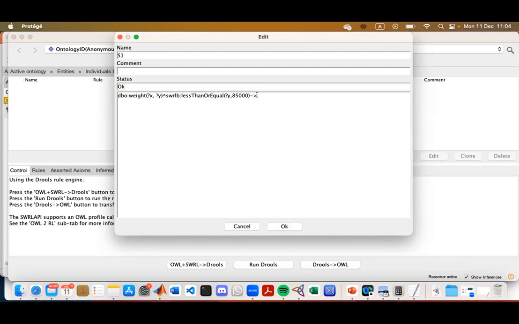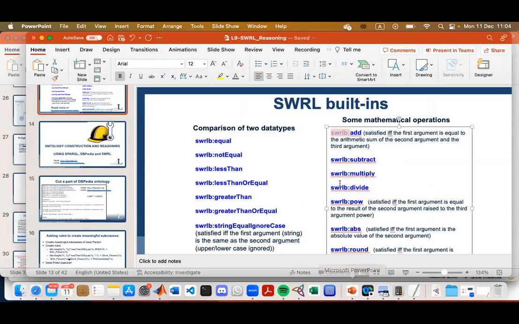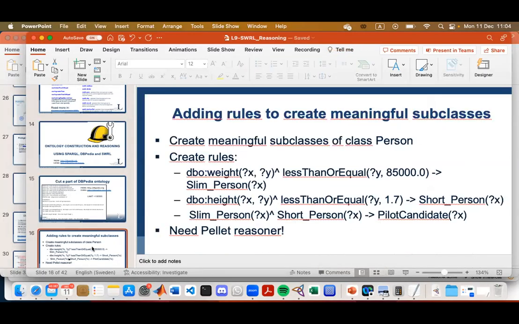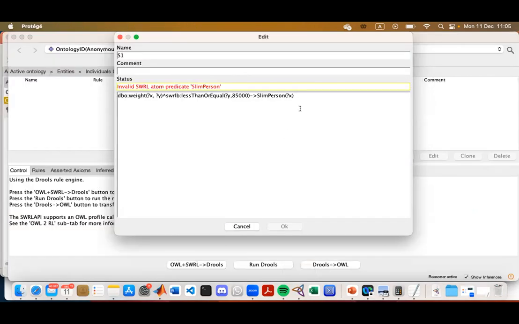Then slim person, and it will be X here. Yes. Still it doesn't like it, and of course it doesn't like it because we haven't defined this class. All the concepts here need to be defined in the ontology.